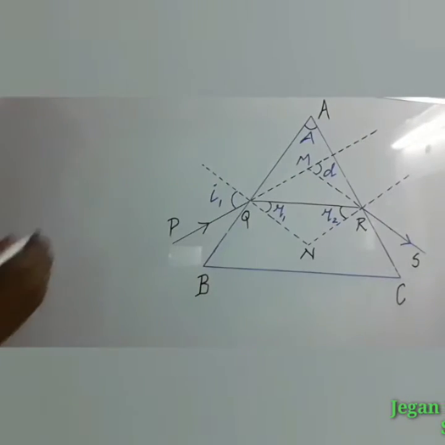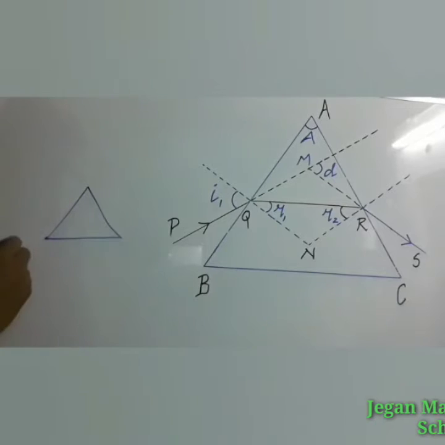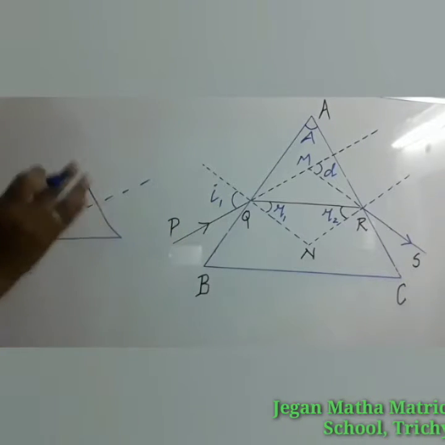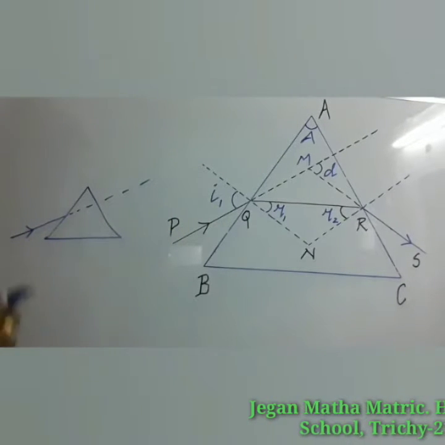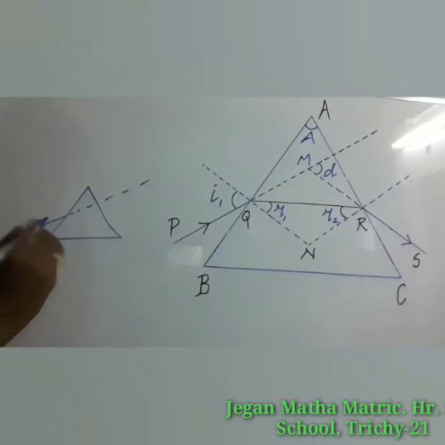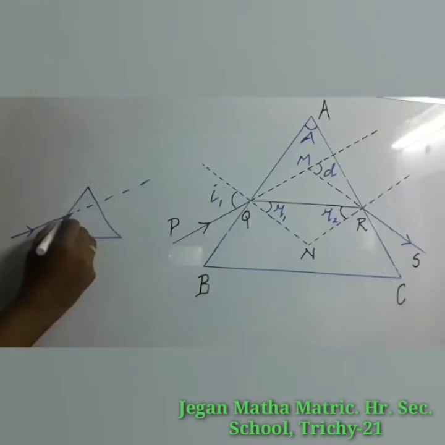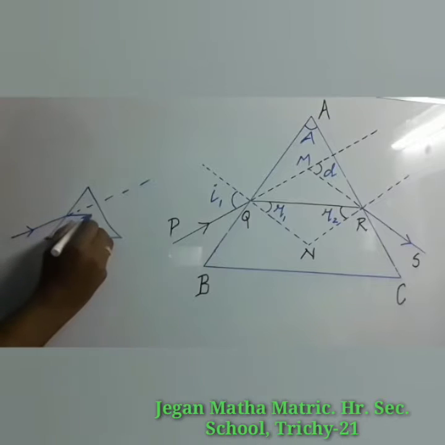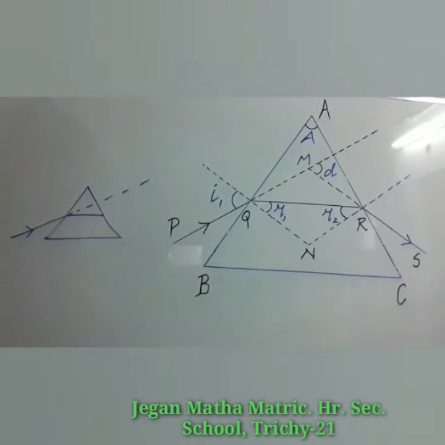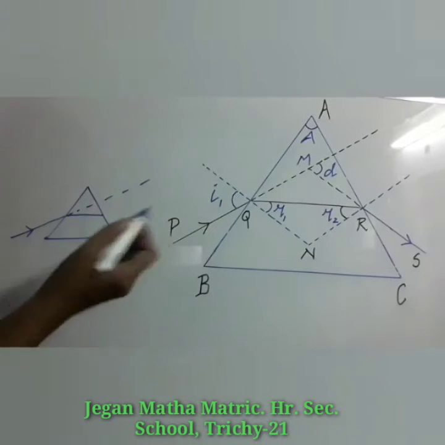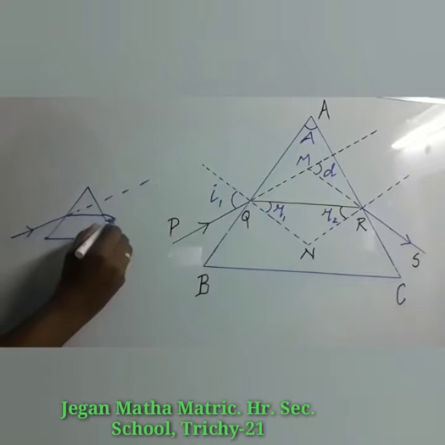Let us summarize this. We have taken the glass prism and I am going to allow the light ray to be incident on one of the refracting surfaces. If there is no prism, the light ray travels in a straight line. Because of the prism, it will undergo refraction. Since this light ray enters from the air medium to the glass medium, it will experience refraction and move towards the normal. The light ray will experience another refraction because here it is traveling in the denser medium. Once again it has to enter the rarer medium, so it will move away from the normal. So the path will be like this.